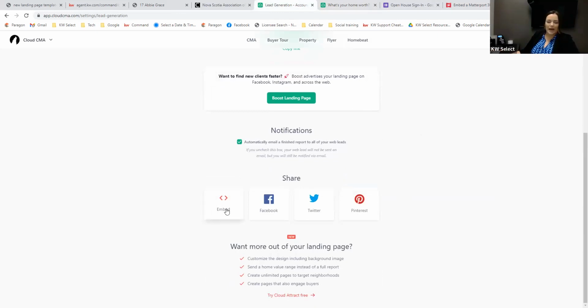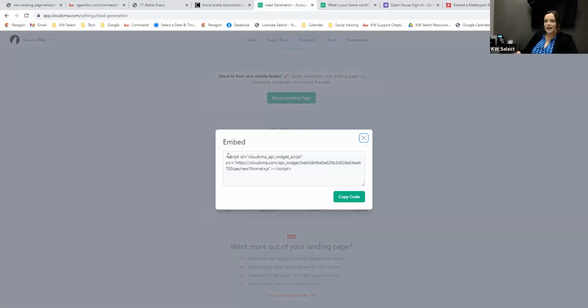Okay, so to do that, back on this lead generation page, when you scroll down to the share section, you're going to see embed. That's sort of the key term you're looking for. If there's ever something you want to add to your website or your landing pages, you're looking for them to provide you with an embed code. So if I want to embed this, I click on that and it gives me this little piece of code. So I'm going to copy that,